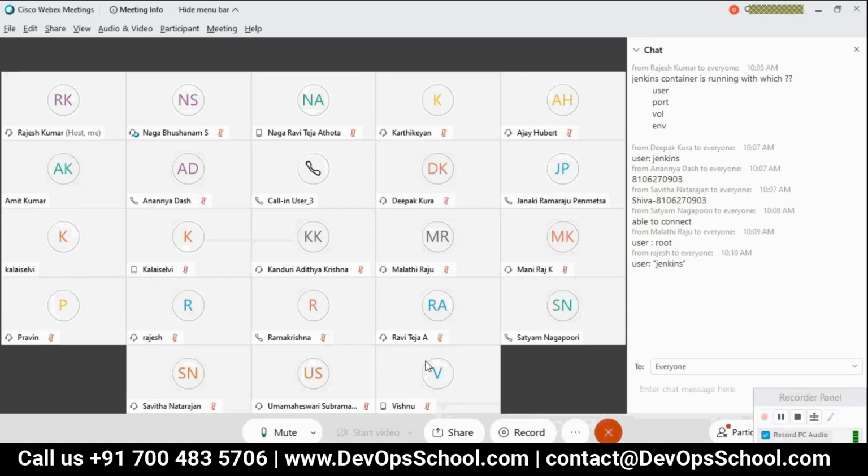Guys, it takes only a few seconds to find out. Environment variable, anyone found out? The Linux command to find out the environment variable is env.